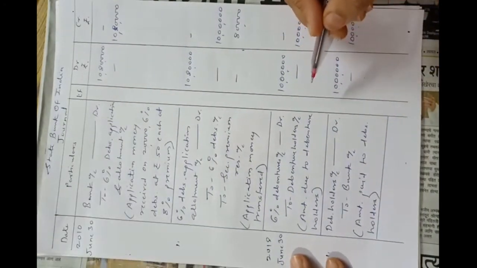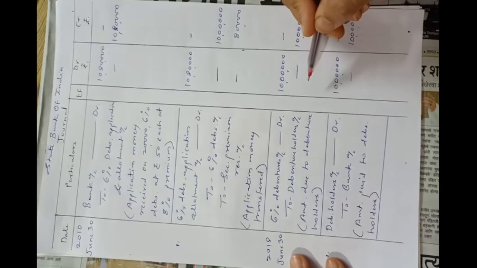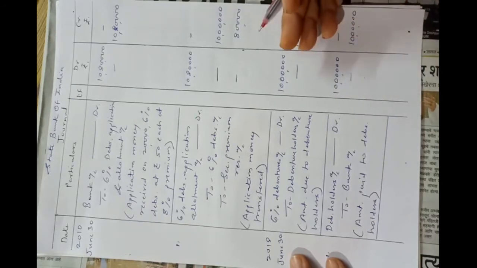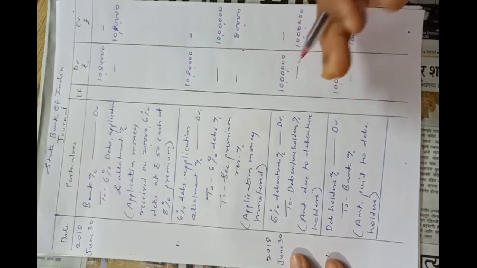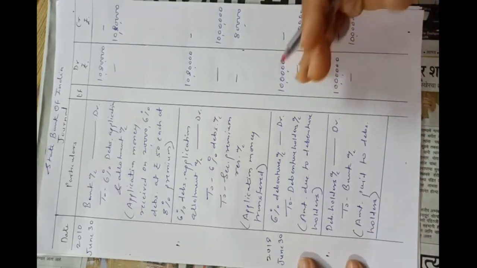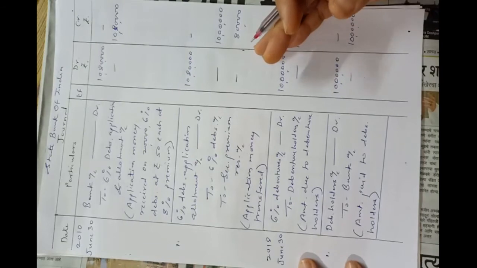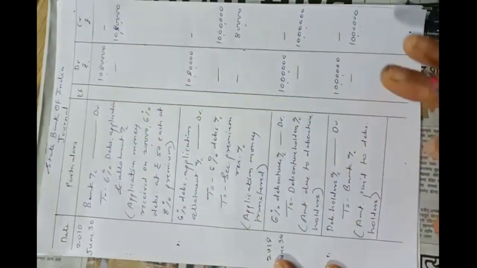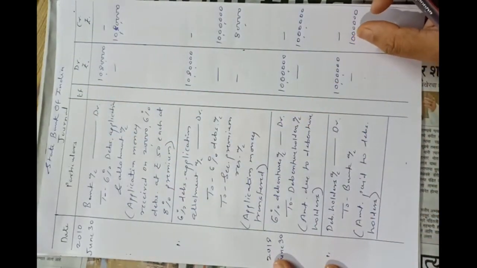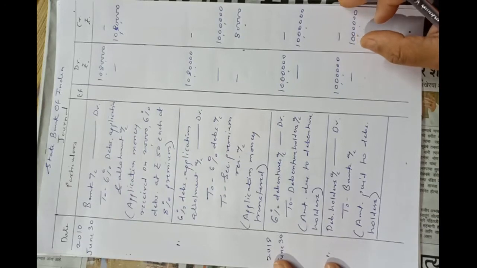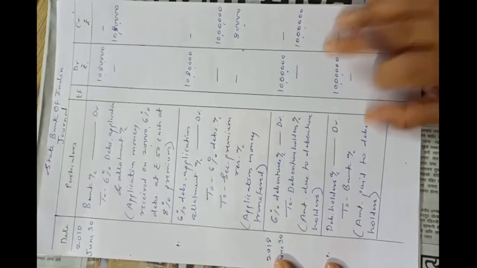As DRR is not created, DRR transferred to general reserve, this entry will not be passed. As investment is not made, encashment of investment or interest received, entry will not be passed in this problem. So only 4 entries to be passed in this problem. When it is a banking company or financial institutions, it is not required to create DRR. Understood?